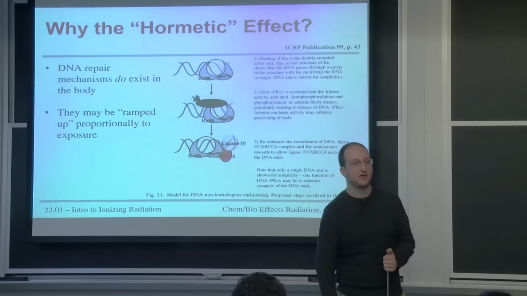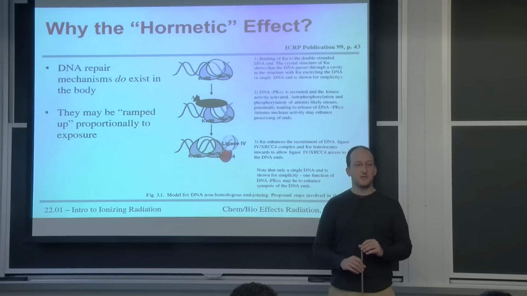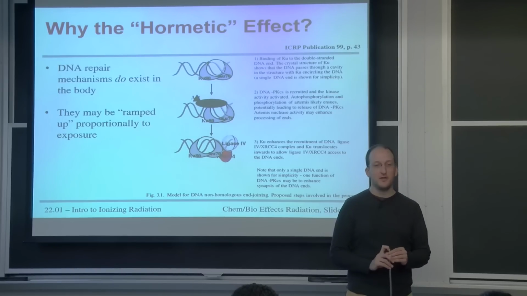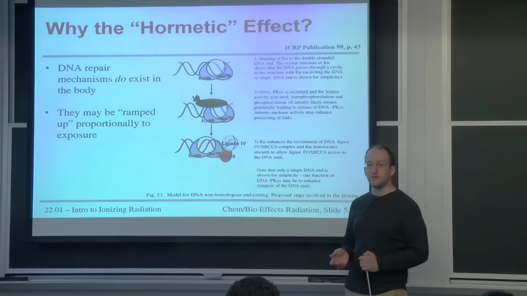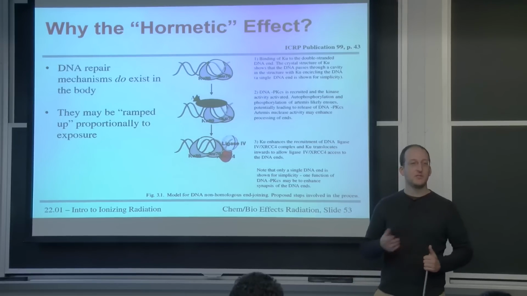Why the hormetic effect? So what are some of the ideas behind why hormesis might happen? There are some theories and some controlled studies showing that if you irradiate cells very lightly, they mount an immune response. There are proteins and things circulating throughout your cells that are there to repair DNA. And if you stimulate the production of those repair mechanisms, then the repair will be more rapid given the same